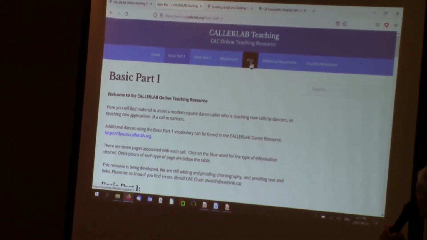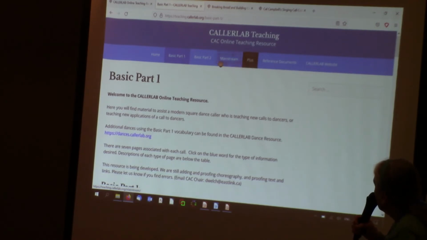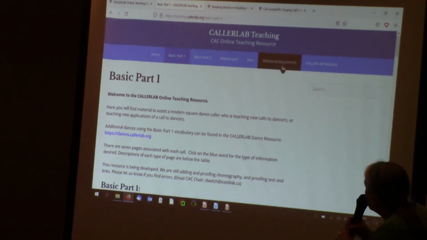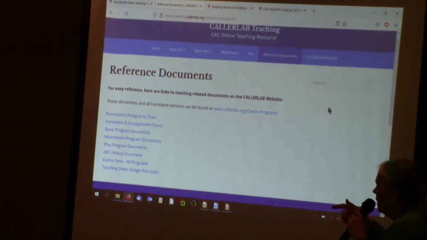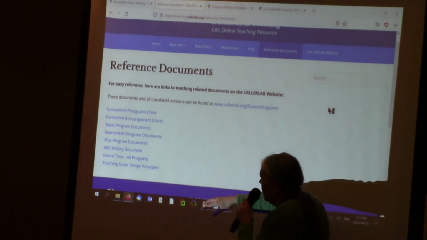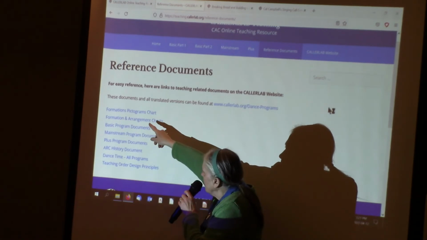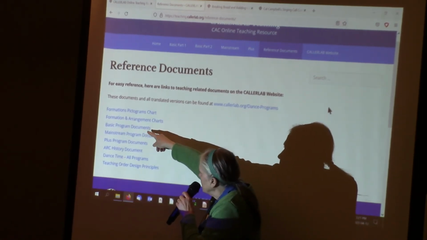So, right on the front page of this thing, can we look at the reference documents page here? No, over to the right here, yeah. So this page is a direct link to the documents that were used to create this. So for instance, I said we were using the basic definitions and the basic standard applications.